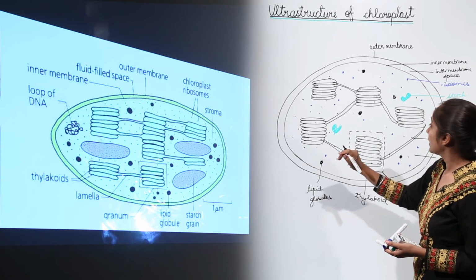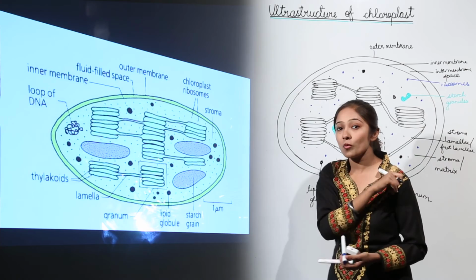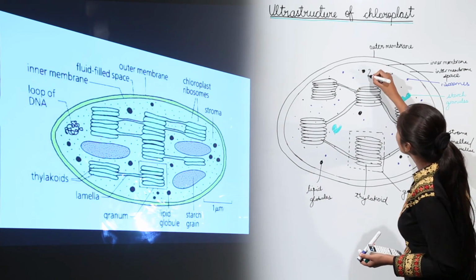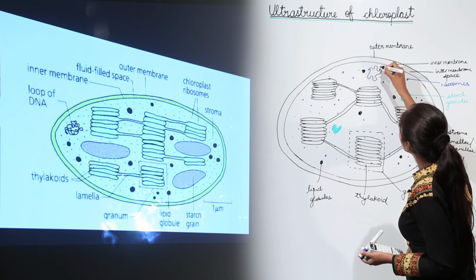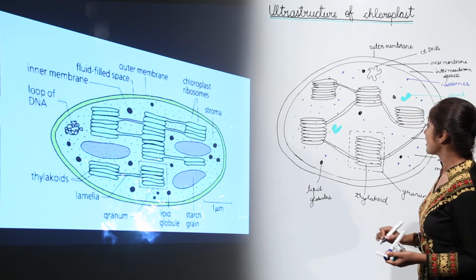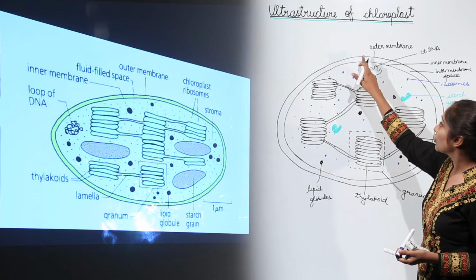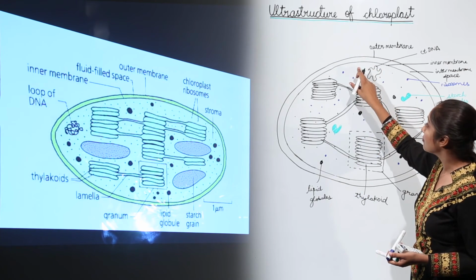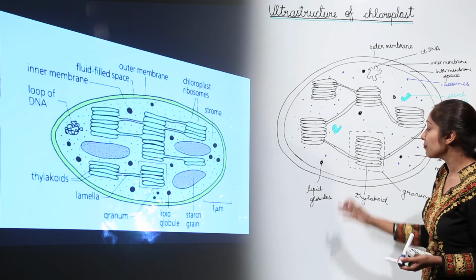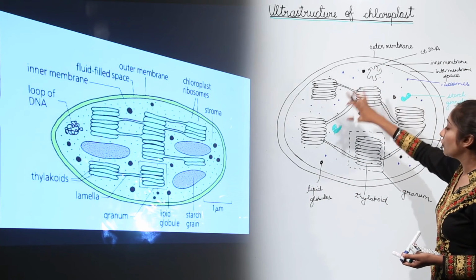Okay. So after this, one thing that is very important and is missing over here is the genetic material, and that is chloroplast DNA. It is circular. So you can label it as ctDNA, that is chloroplast DNA. This is how you are going to draw this. Remember that first of all draw the outer membrane and inner membrane, then stroma or matrix, then these discoid thylakoids, or you can say a granum, then these lipid globules, starch granules, and this chloroplast DNA. You need to draw all of them.